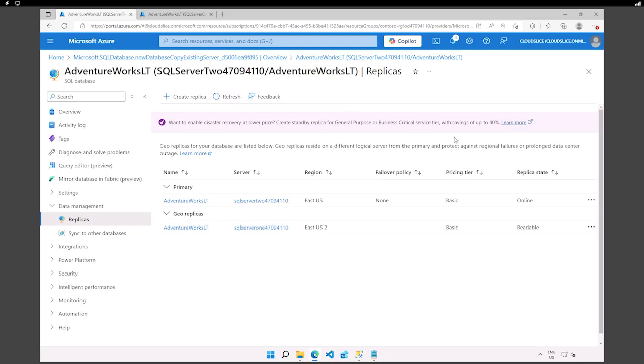All right, actually already done. So you can see that now the primary is online, but now the primary is the one running on server number 2, and server 1 is now readable because it's part of the geo replicas here. Very interesting. And now, as we talked about in our previous discussion, this one is an active-passive type of scenario.